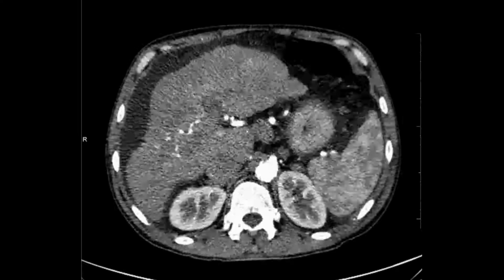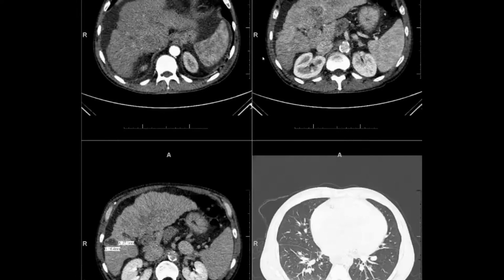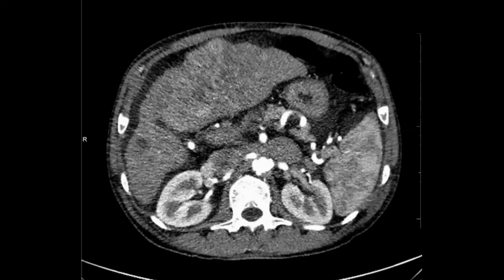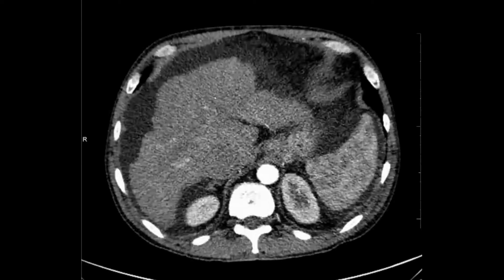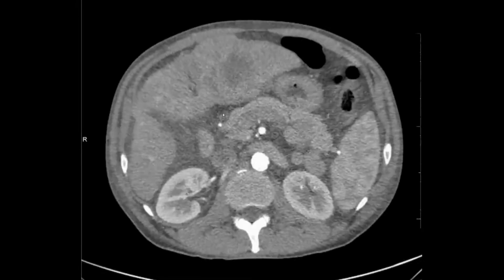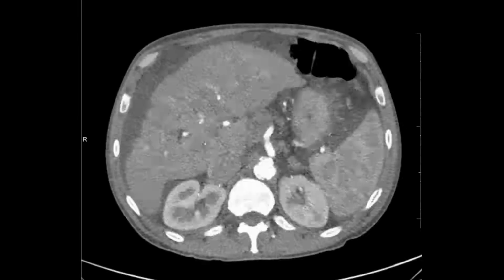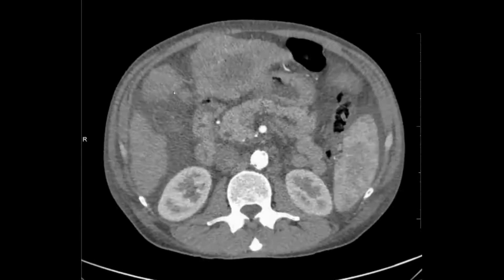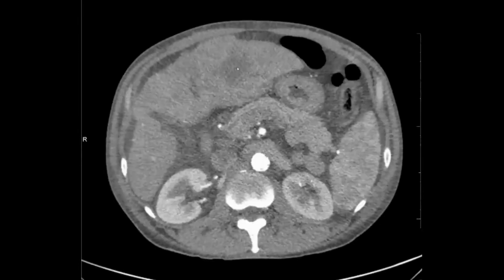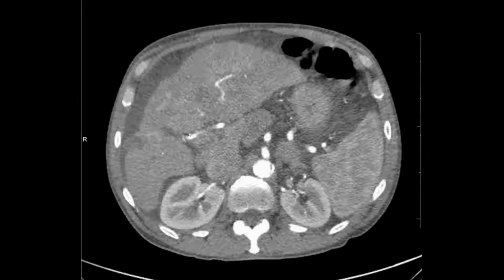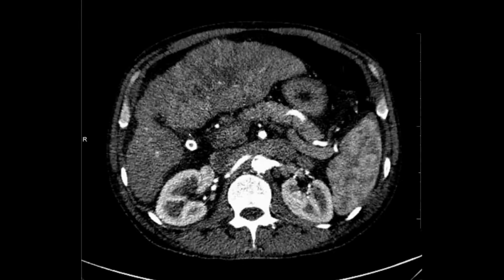Okay, let's review another HCC case. Again, this is a triple phase liver. If you look here at the liver, on our standard windows, it's actually not terribly impressive. It's very heterogeneous and obviously cirrhotic. I mean, there's something going on here and there, but let's put it on